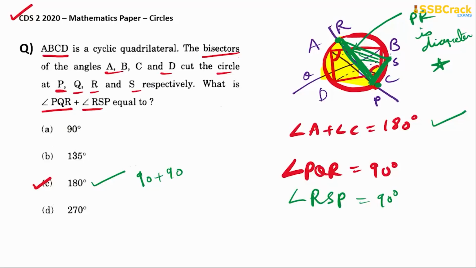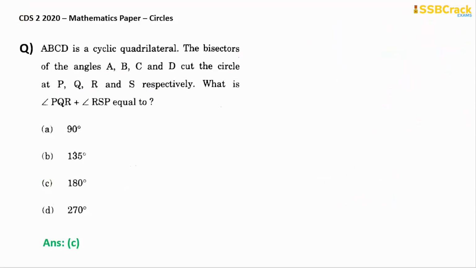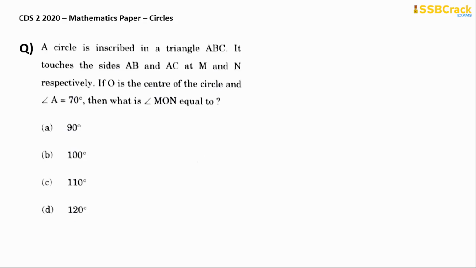Got my point? So here we are done with this. So hence the key for this particular question is option C only. Alright, coming on to the next question based on the circles, and here we have a circle which is inscribed